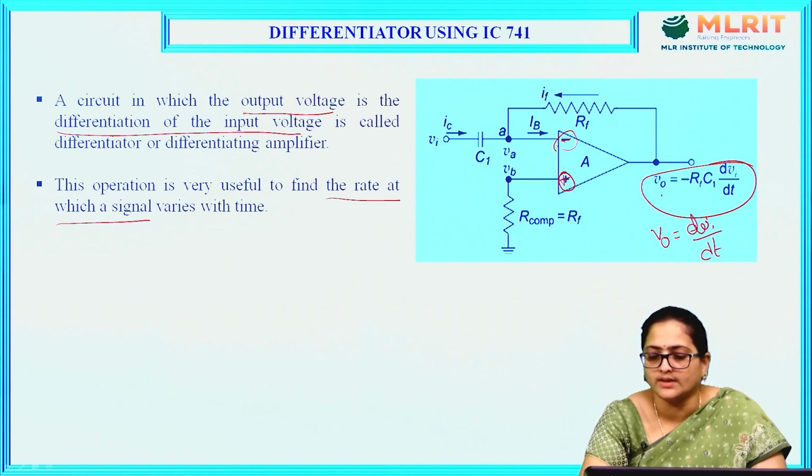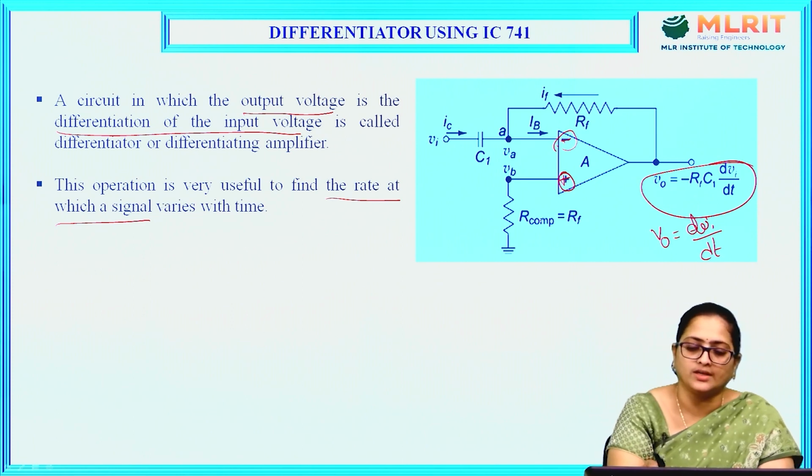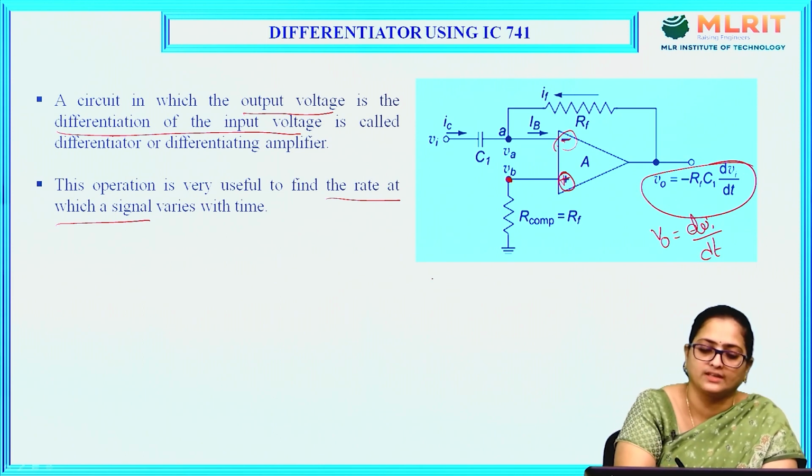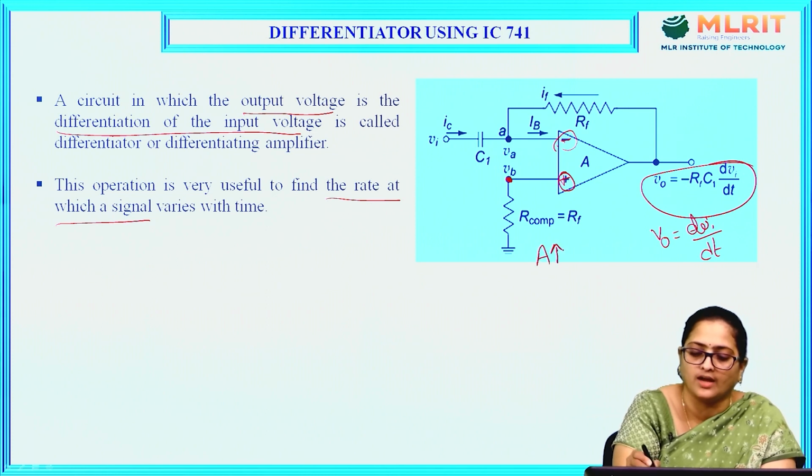So here, by using the virtual ground concept, we can say that the gain of this amplifier is very high, so the voltage across VB, which is equal to the voltage across VA, will be